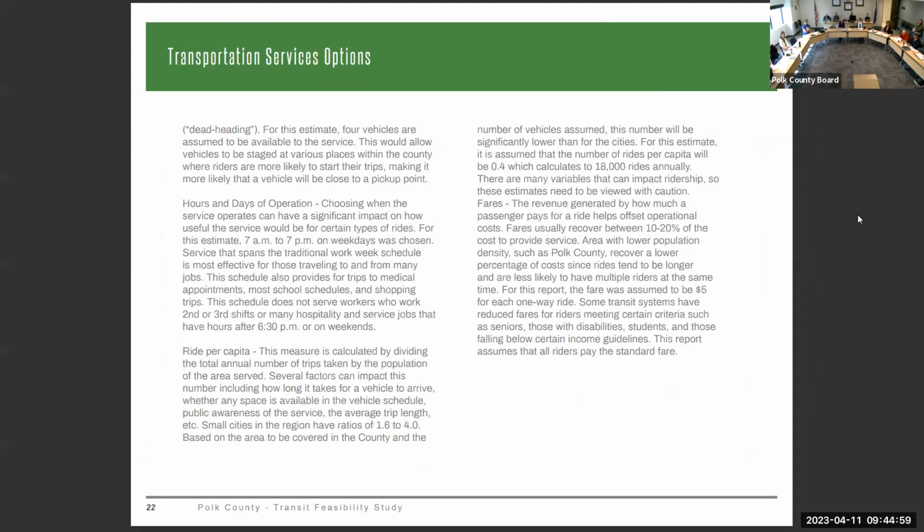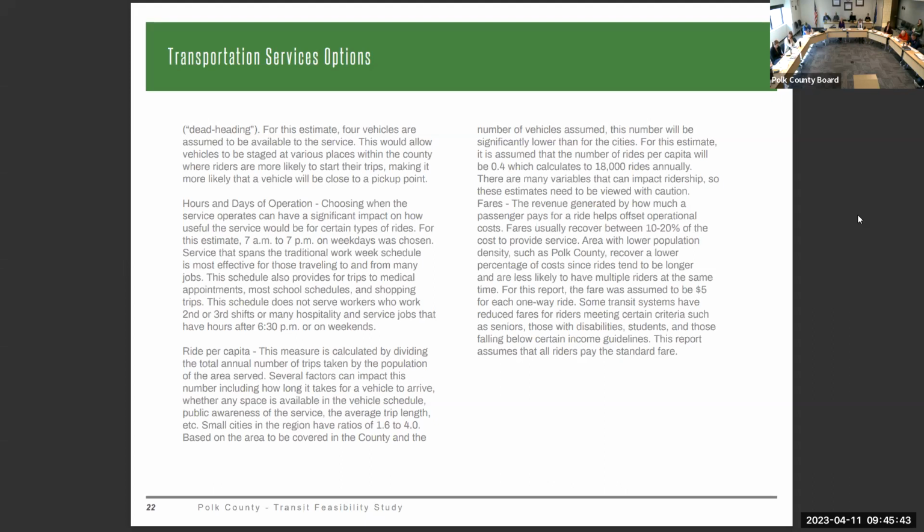I will say one of the downsides of that is people that work retail or tourism or hospitality. Those do not tend to be 5-day-a-week jobs, and they also don't tend to end by 7 o'clock. But you will also see greatly diminishing usage of any system you have after, say, 6:30 or 7 o'clock at night. And you'll also have fewer people using it on weekends, because people that work 8 to 5 or 9 to 5 jobs will not be working on the weekend. So all of this would be variable. We had to build something for the model, so that's what we used.